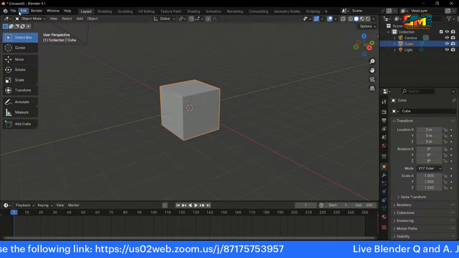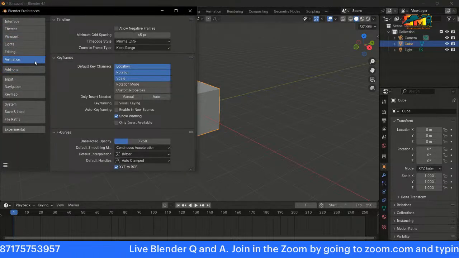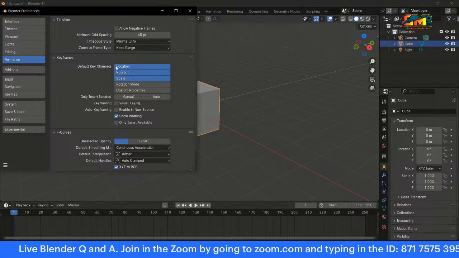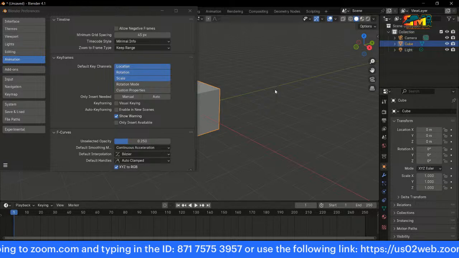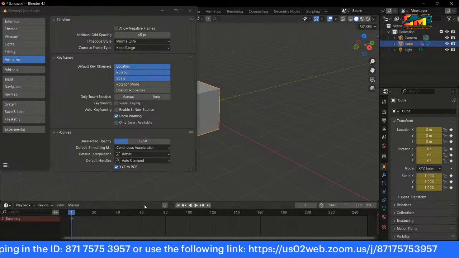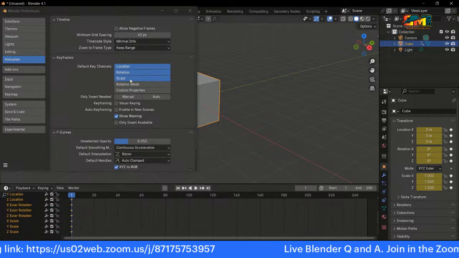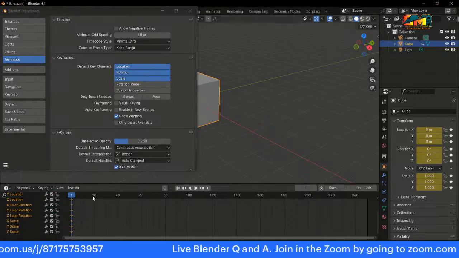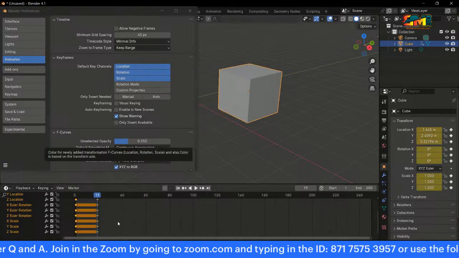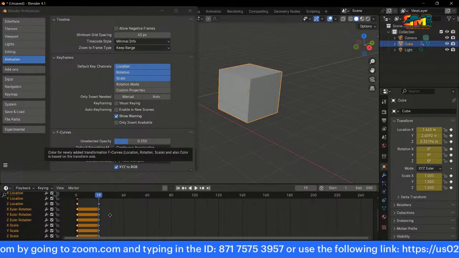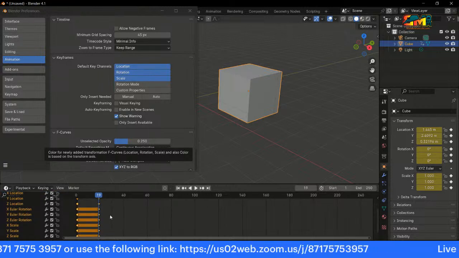Now, this is based off of your preferences. If you go to Edit, Preferences, under Animation, you can see we have default key channels. Right now, it's set to Location, Rotation, and Scale. So when I hit the I key, it's going to insert a keyframe for the location, rotation, and scale, because that's what I have set here. If I move forward and move this and hit the I key again, once again, it inserts a keyframe for all three of those. But let's say I only want it to,